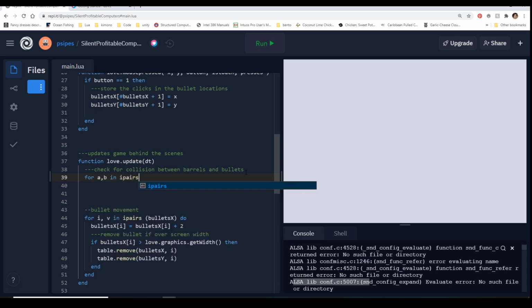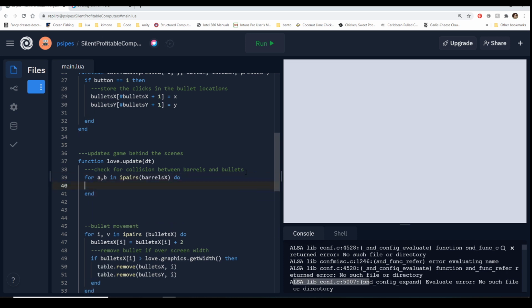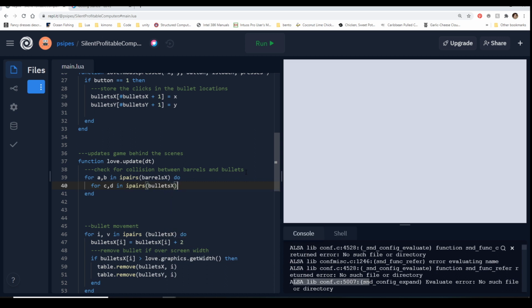In ipairs barrels X, do. And again, I always write that in statement because otherwise I forget about it. And then our internal loop is going to be for C, comma D in ipairs bullets X, do.